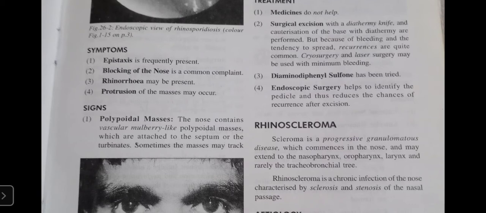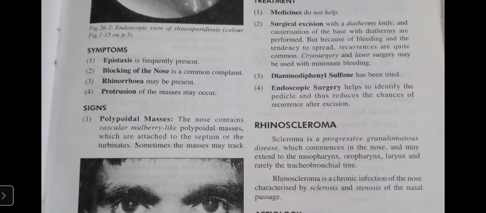Then there will be blocking of nose, which is the commonest complaint, because as there is a polypoidal mass in the nose, it will block the nose. Then epistaxis is there because the polypoidal mass may cause irritation in the nose, and patient tries to pick or remove that mass, and if there is trauma, then it may cause epistaxis. Then rhinorrhea may be present, that is discharge from the nose. Then protrusion of mass may occur. The polypoidal mass may protrude from the